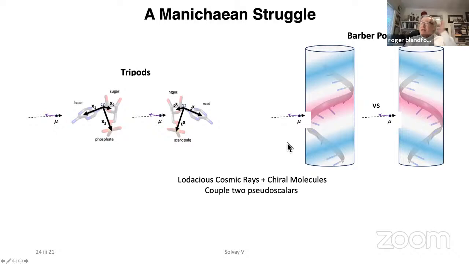A slightly more promising version, which relates a little more closely to the sort of helical molecules we're more familiar with, is the barber pole, where one imagines a spiral like this with an associated charge density and perhaps magnetic fields as well. And here we've got the two mirror image, enantiomeric choices. Then you're looking for some way of coupling the helicity of the muon to the geometrical structure of this molecule. That's the game being played here. The tripod is the easiest one to analyze, but it leads to a terribly small effect, though it's very instructive.